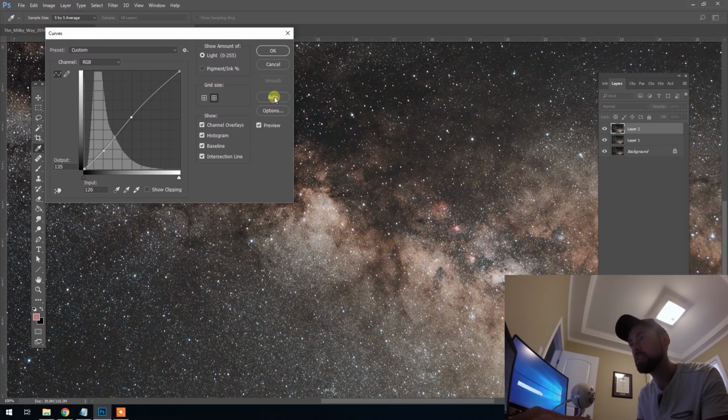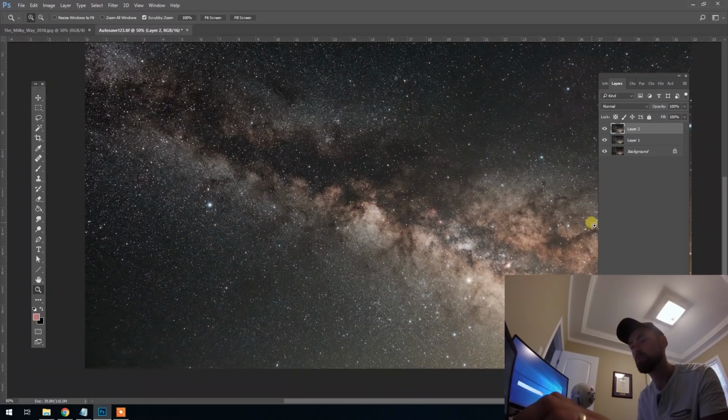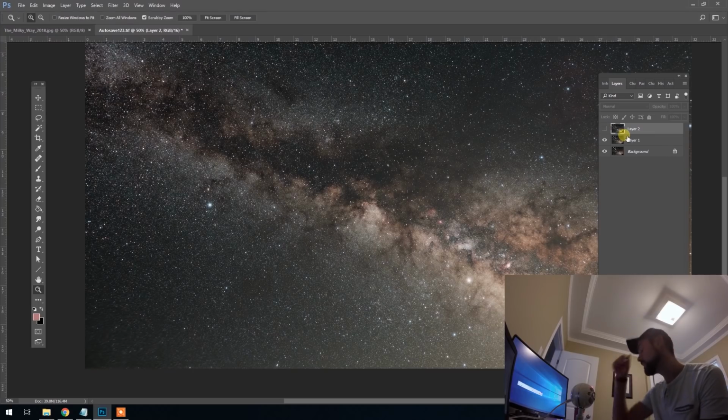So this is going to be quite a subtle stretch. The other thing to note here is that it really depends on the monitor you're using too. The screen on my laptop I'm using here to process is so bright that everything tends to look just crazy bright on here. And then sometimes when I move it onto my other monitor, it's half the brightness and it looks rather dim. So if you have a dual monitor setup, I would suggest having them at different brightnesses,